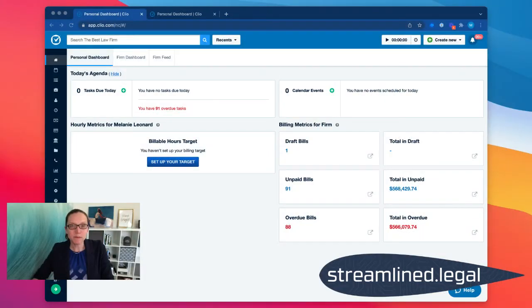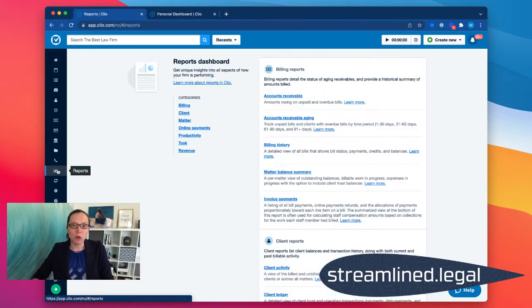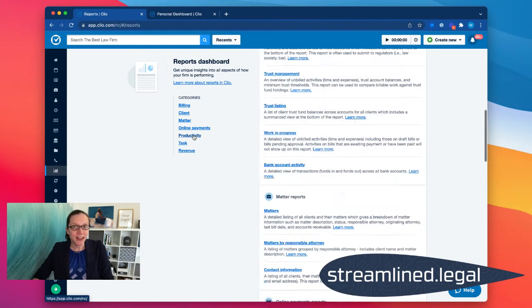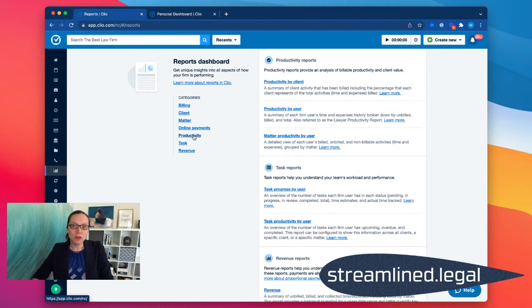Let's head over to the screen and I'll show you exactly what I'm talking about. When we look at our Clio screen here, it's very natural to think, well, if I need some information like that, maybe I'll just go to reports. So when we click over here on reports, looking at the types of reports that Clio offers, this productivity one looks pretty good to me. If I look at the productivity reports, I've got one that's by user, which seems like that would be really helpful because I want to see what my team members are doing all day, how much time